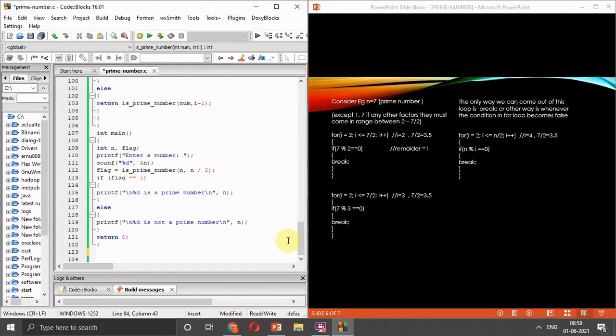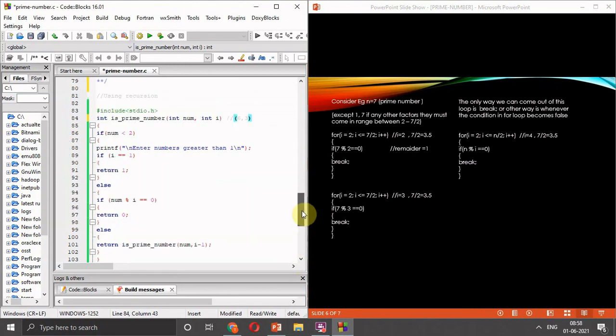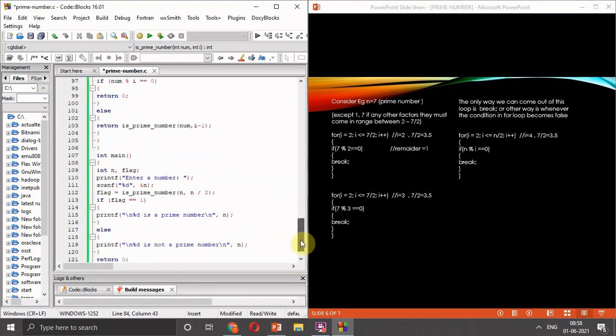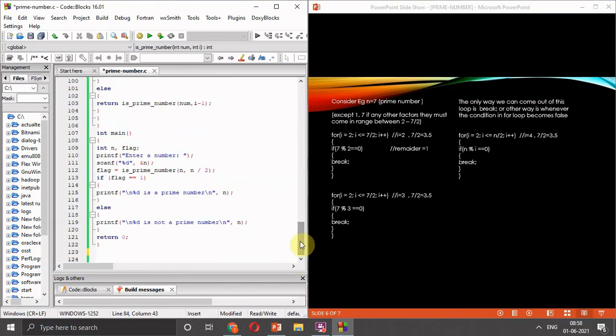According to me, the best approach for implementing the prime number program is recursion. So we implemented the prime number program in 4 ways. The first way is using loop. The second is pointer. The third one is function, and the last one is recursion.